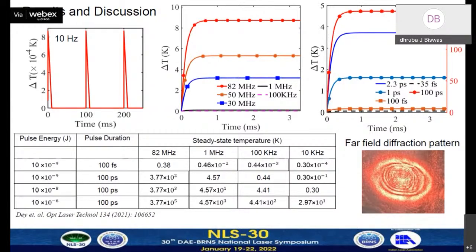Yes, sir. So for device fabrication, it is very important to know the thermal effects as they contribute to various effects like making the optical limiting properties better. So that's why this study is important. This also helps in generation of a dark core beam, for which the reference is given here.